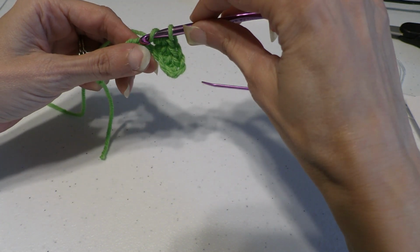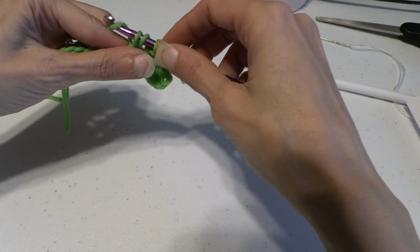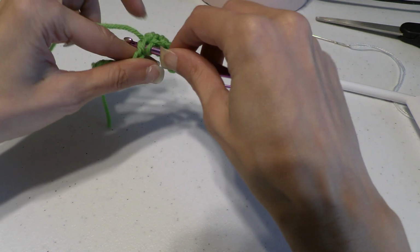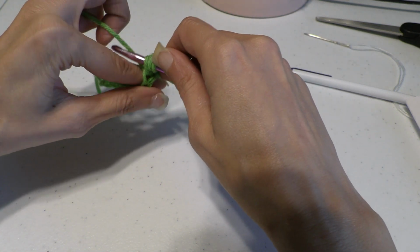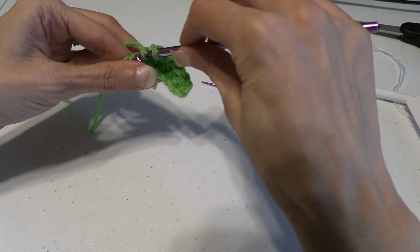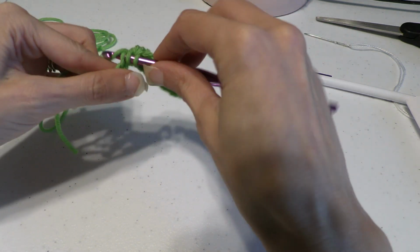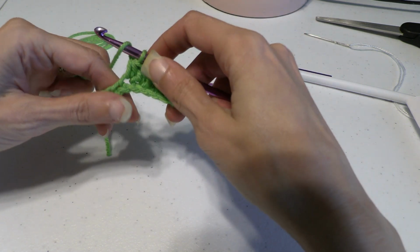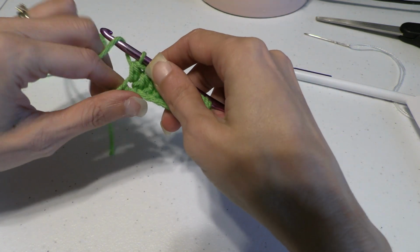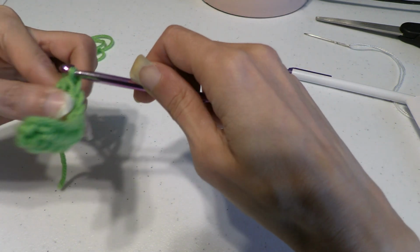Yarn over, go into the next chain, yarn over, pulling it on through, yarn over, and go through all 3 loops. Yarn over, in the chain, yarn over, pull through, yarn over, and pull through all 3 loops. And you're going to continue that all the way down until you reach your very last chain. Yarn over, go in your chain, yarn over, pull through, yarn over, through the chain, yarn over, pull through, yarn over, pull through all 3 loops,